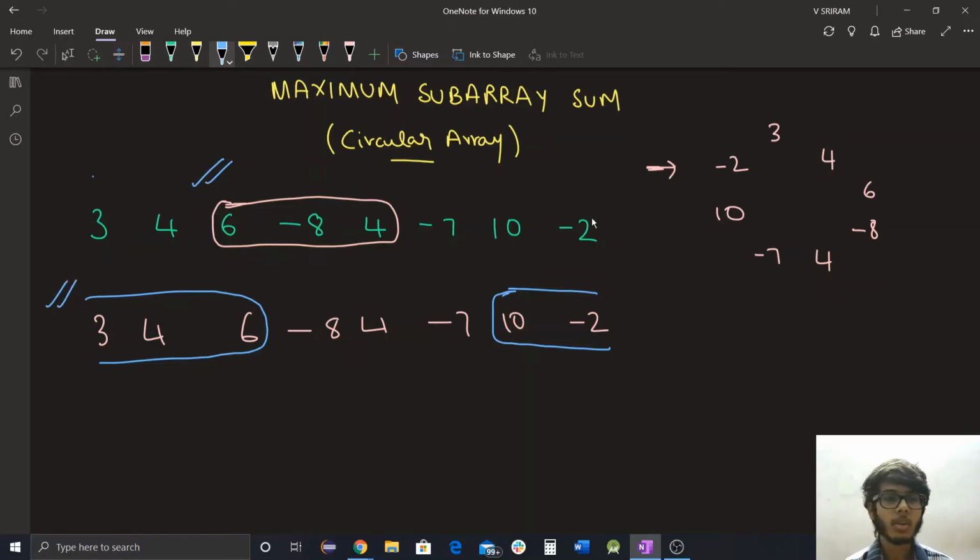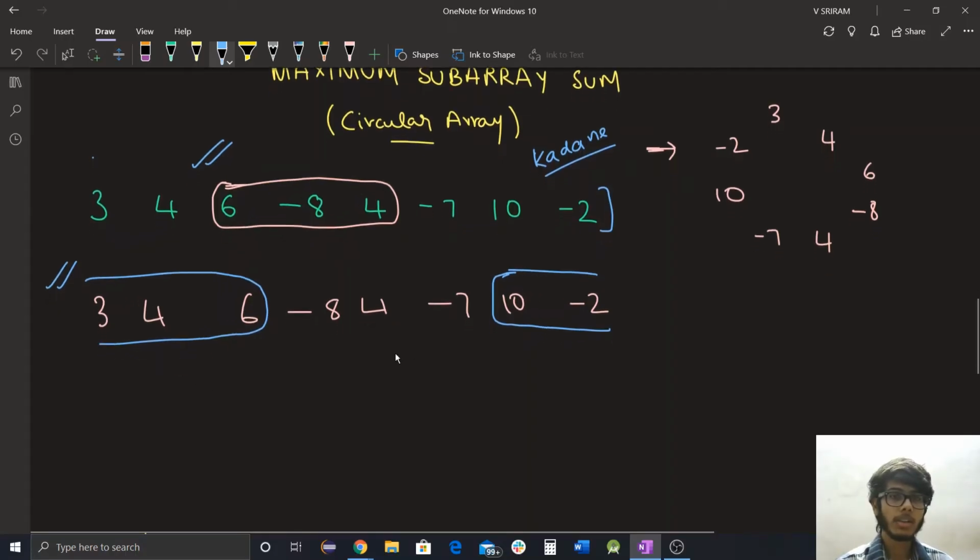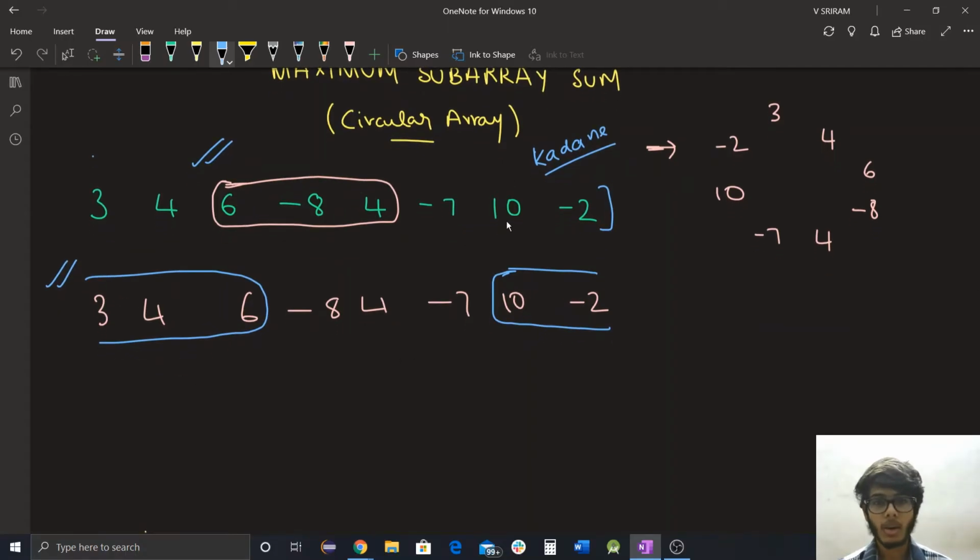Now if there is no wrapping around involved, then we can easily calculate our answer using the very familiar algorithm, that is Kadane's algorithm. But if there is wrapping around involved, then we cannot apply Kadane's algorithm because it is not a normal subarray. So basically, there are some elements that are excluded from the subarray.